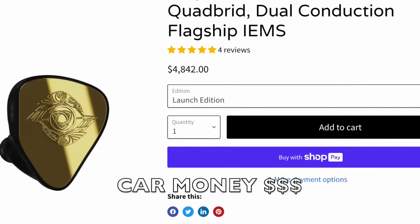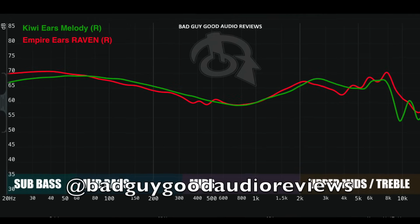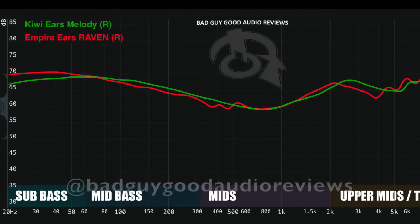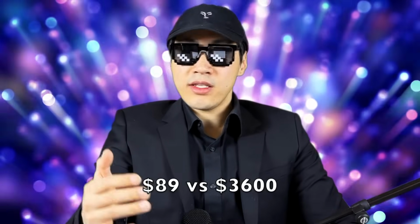If you want a fun and lively signature, the Raven's gonna get you out of your seat and start head bobbing. However, I do realize it's a very expensive IEM, so a more attainable alternative would be the Kiwi Ears Melody. It's a very exciting, similar sound, but the low end isn't as textured and physical, not as weighted, as well as the overall technical performance is obviously a few steps behind and not as smooth as the Raven. It gets a little sharp, but the Melody is only $89 instead of 3,600,